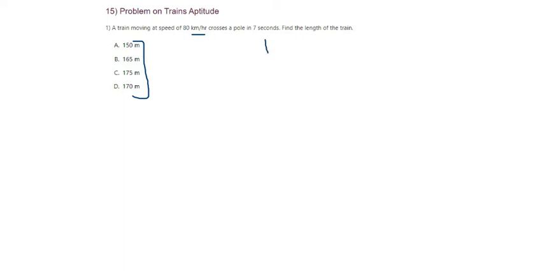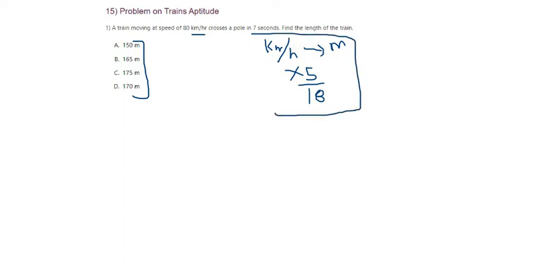If you want to convert your kilometer per hour to meters per second, always remember you have to multiply your kilometer per hour by 5 by 18, and it is vice versa for the other direction, which means it is 18 by 5. You have to remember this, which will help you crack most of your